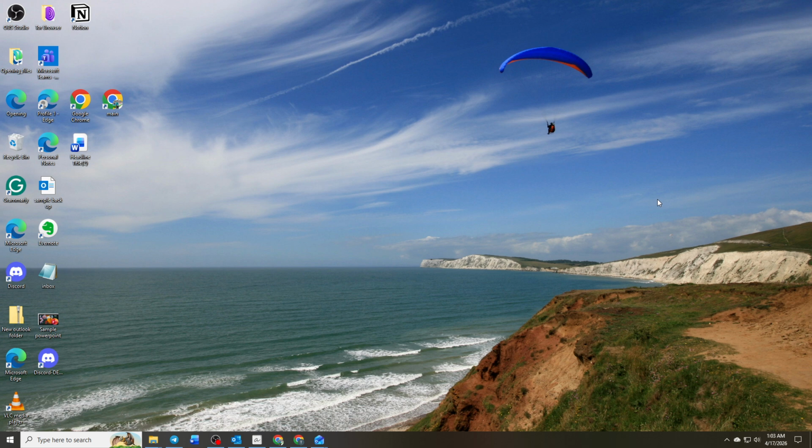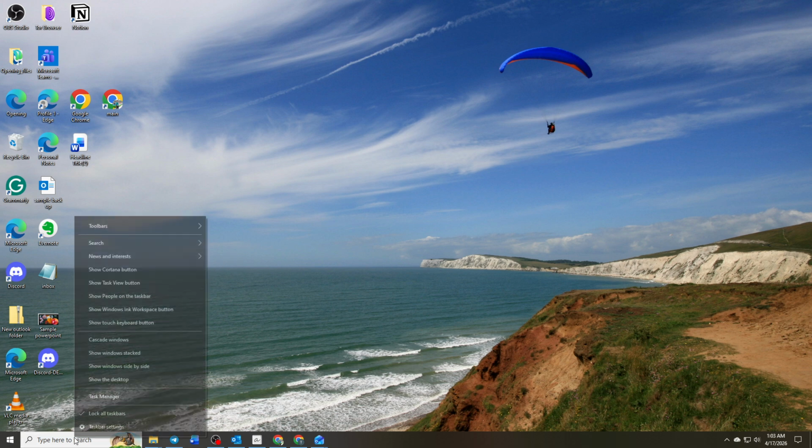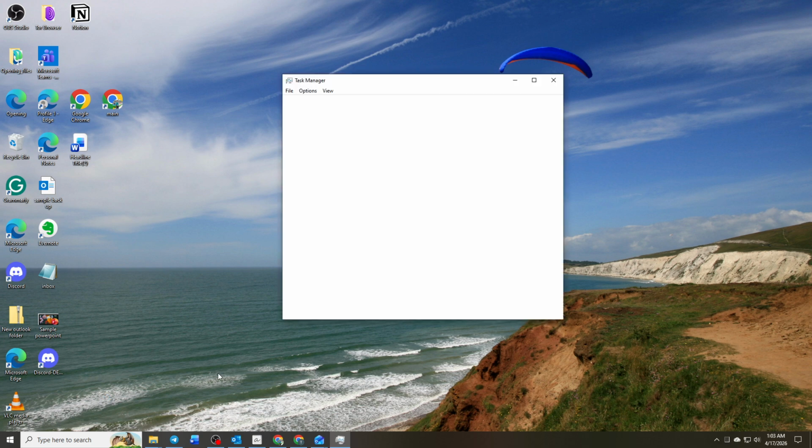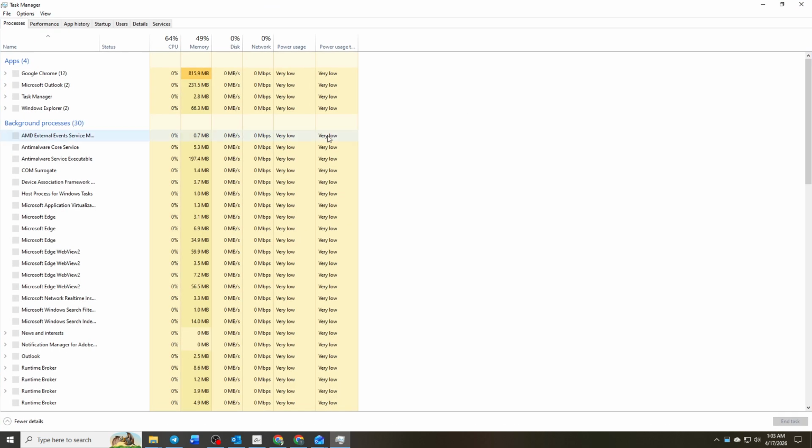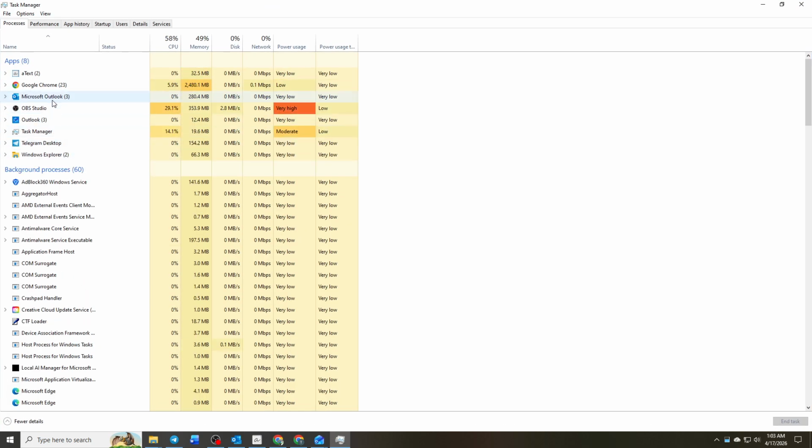To begin, make sure Microsoft Outlook is completely closed. If it is stuck or running in the background, open the Windows search bar by right-clicking the Start button or clicking the search box next to the Start menu. Then type Task Manager and open it from the results. In Task Manager, look for Microsoft Outlook, select it, and click End Task to ensure it is fully closed before